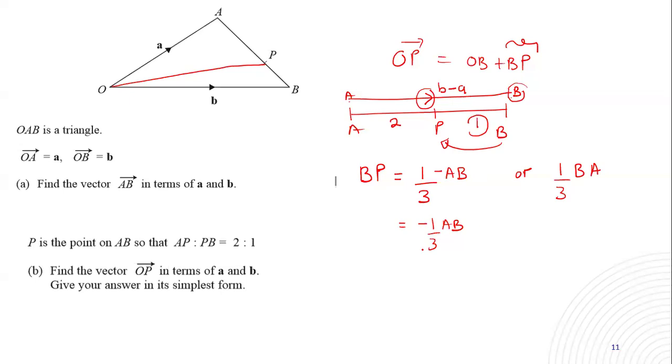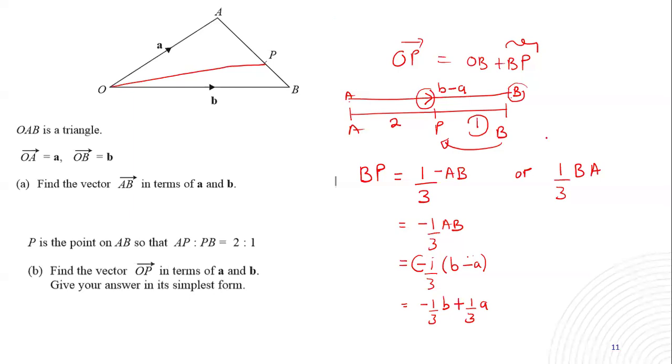So after that, this is where now you can say that my B to P is going to be negative 1 out of the 3. But my A to B, I obtained it as B minus A. So when I reach here, that's when you can open up your bracket and have negative a third of B. Now this negative here and this negative here can be multiplied and you get a third of A. That is what I wanted you to pay attention to.